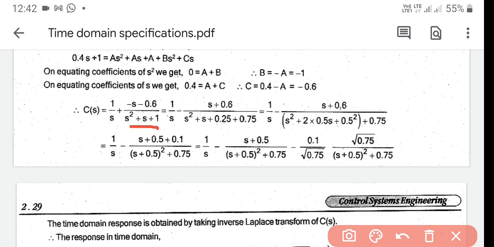Now taking the quadratic equation in the denominator part, how can you write the 2ab value? So 2ab is equal to 1. Here we have to write the value in the (a plus b) whole square formula. The a value is 1, the s square coefficient is 1. For the b value, 2ab is the s coefficient, which is nothing but 1 here. So b is equal to 1/2, that is 0.5.